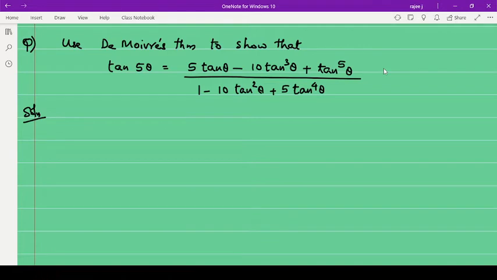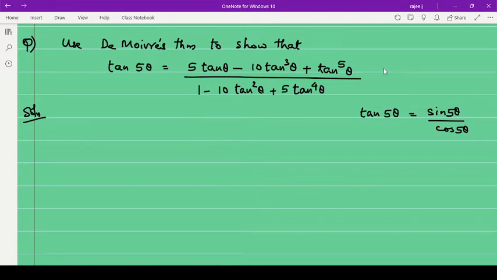We need to find tan 5 theta. Okay, so we know tan 5 theta is equal to sin 5 theta upon cos 5 theta. So first of all, we need to find out the sin 5 theta and cos 5 theta using